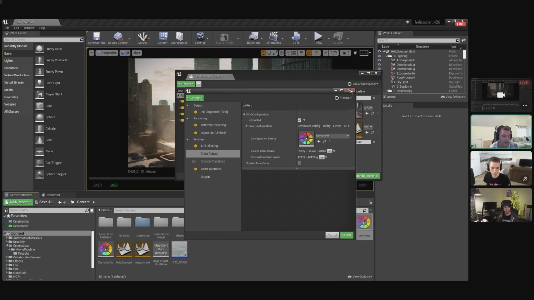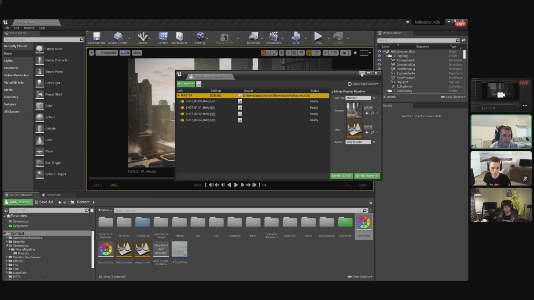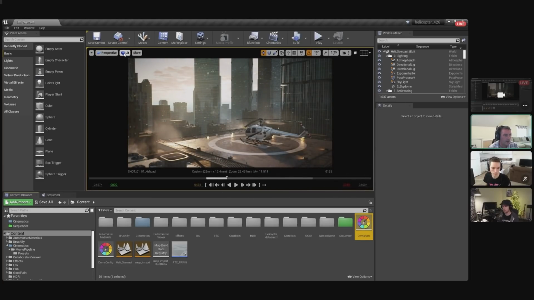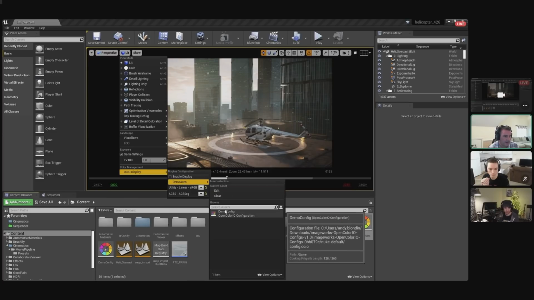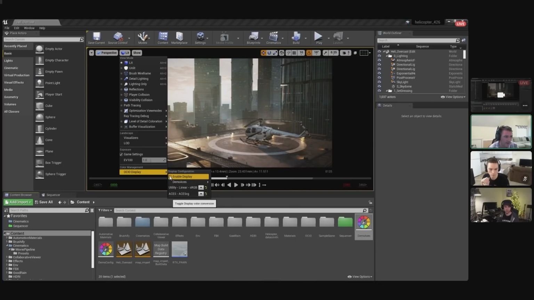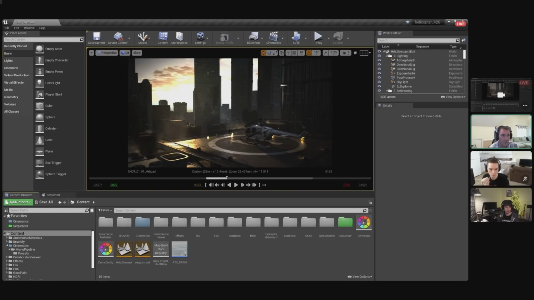And to kind of complete the loop, I wanted to show you in the editor here as well, like we were talking. We'll see under this Lit option, you'll see this OCIO display at the very bottom. This is where I could turn that on, and I've selected the ACES OCIO config. I've said that we're linear sRGB and we want to go to ACES CG. And when I click enable, you'll see that the viewport has been updated. So my render should look like the viewport's looking now. If you wanted some kind of color managed workflow of seeing what you see in the engine and then to the output, that's the way you would go about doing that.